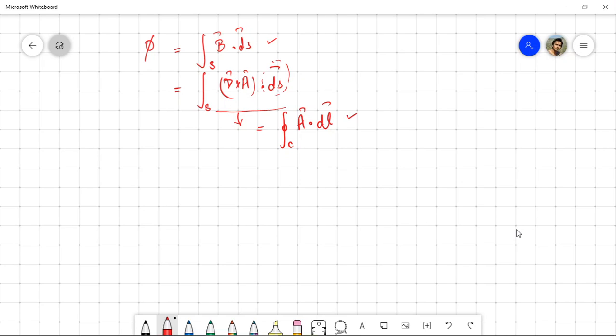We talked about the free electrons, we talked about the depletion region, we talked about all those things